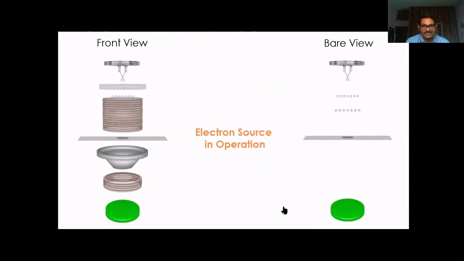The electrons are passing through the magnetic lens, the condenser lens, and focus on the specimen. Then they move through the objective lens, pass through the projector lens, and will be focused on the fluorescent screen. Whatever the electrons focus on the fluorescent screen will be recorded digitally by CCD cameras.